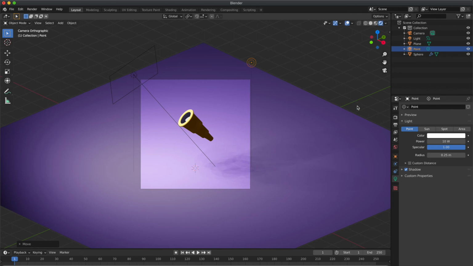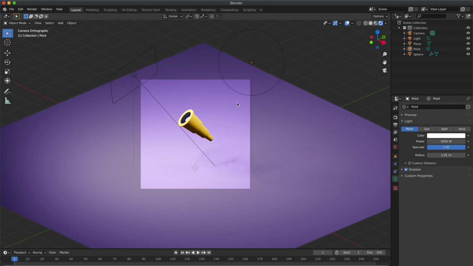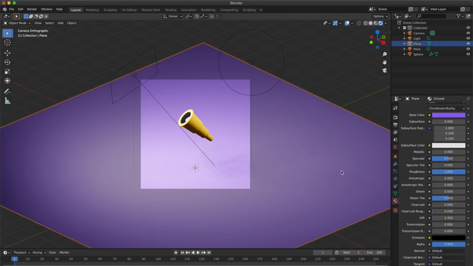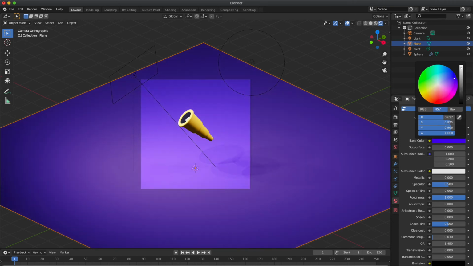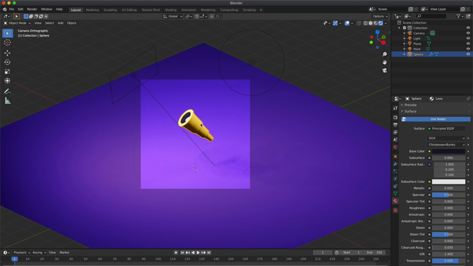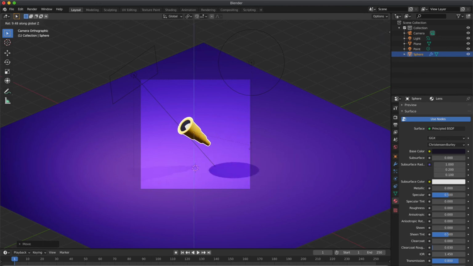Now add another light and move it along Z axis. Press G to change the position. Now go to light settings, increase the value. You can experiment with the light settings. You can add as many lights as you want. It's your creative choice, as I said many times before. So I'm gonna change the position of these lights and I'll be doing some small changes here and there. As I said, you can follow my choice of scene settings or you can go with your own preferences. If you want to follow my scene settings exactly, just copy what I'm gonna do now.